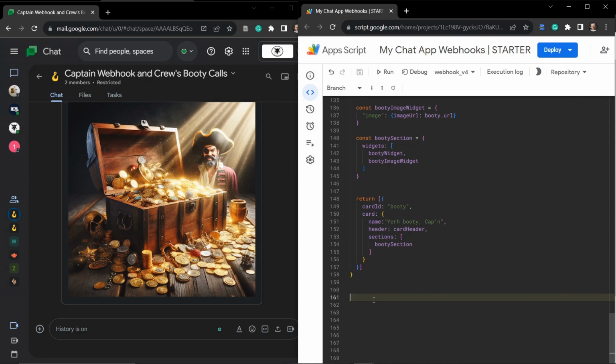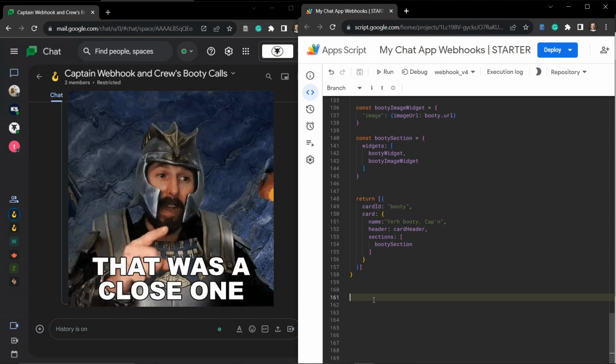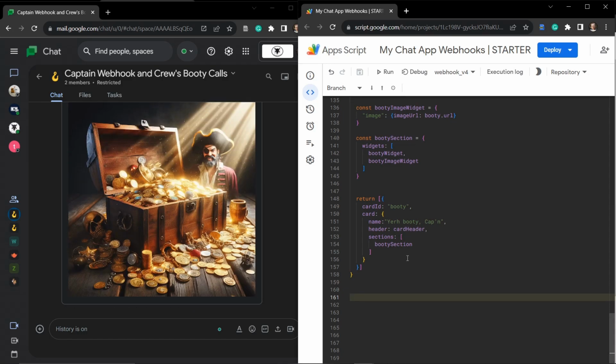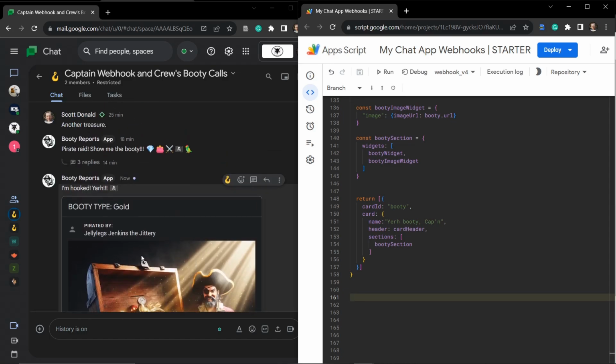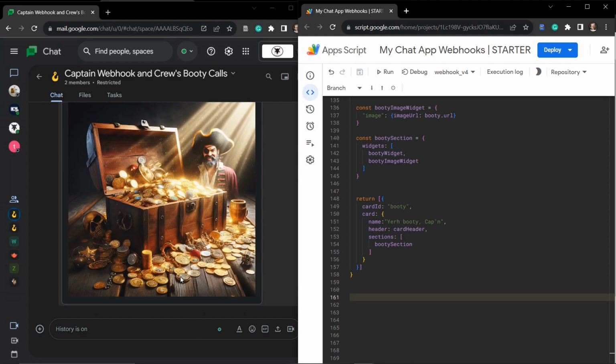And imagine Captain Webhook and his crew are out on a raid, and he has reported to me, like he loves to do, that he is on a raid now, and now he's showing me pictures of the treasure that his crew are collecting as the crew come up to him and show him the treasure items. So the first thing that we need to do here is to generate a thread key and declare that a raid has started. So let's create a function called notify